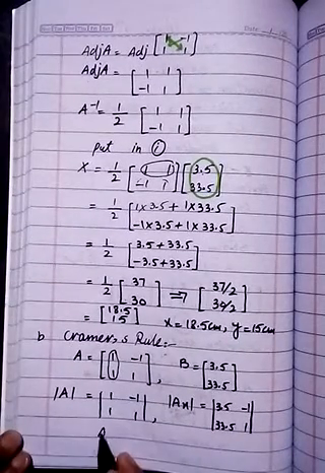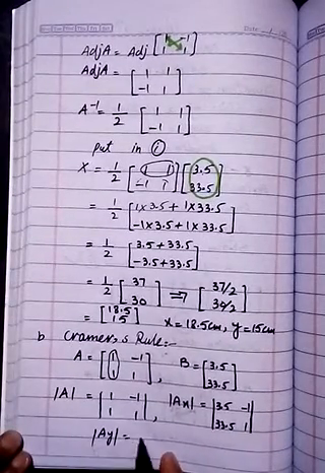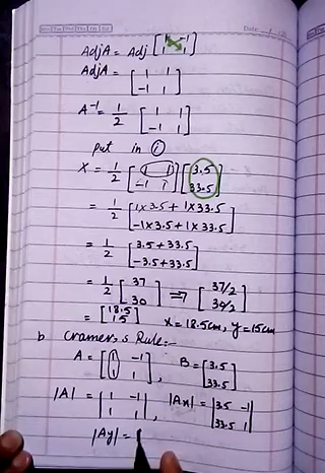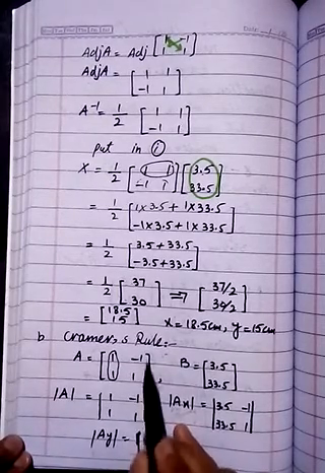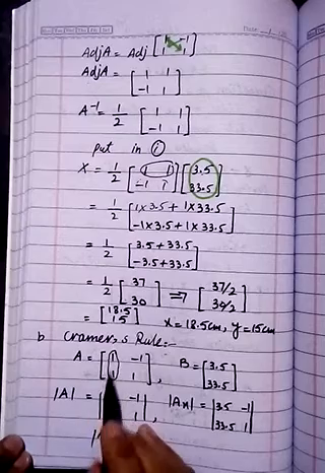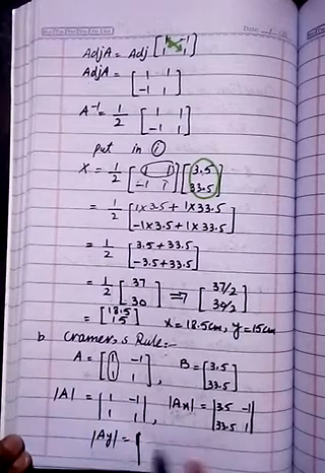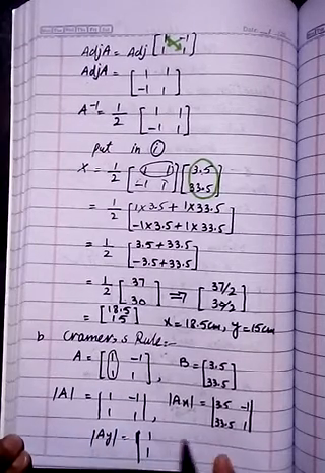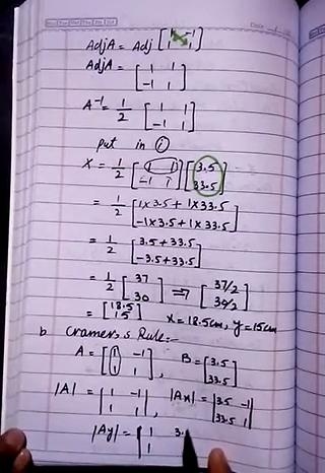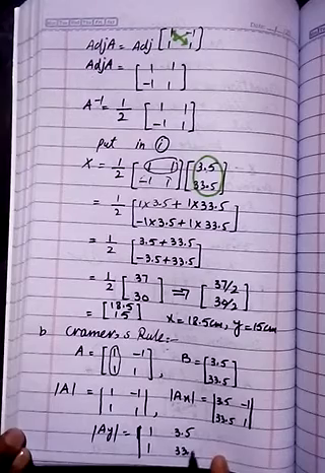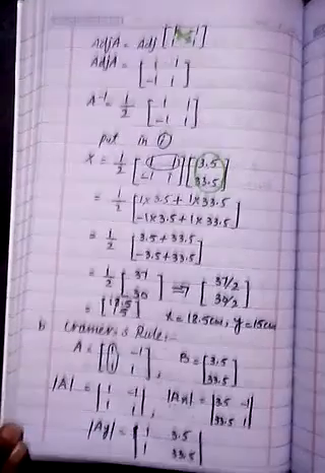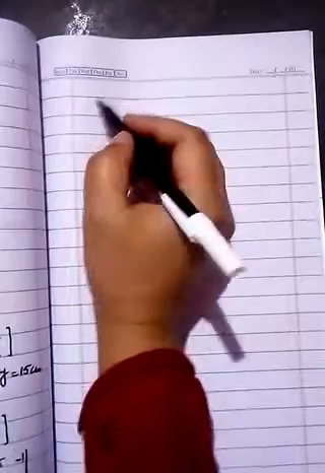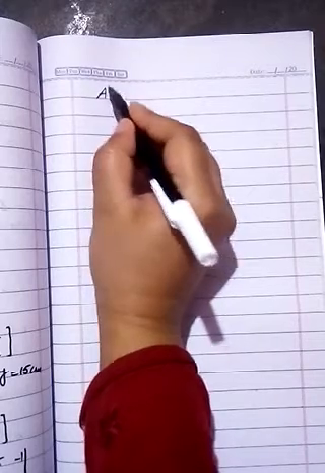Now you will write the determinant of Ay. It means the B matrix replaces the second column, the coefficients of y. That is the coefficient of x, that is the coefficient of y. So you write 1, 1 as it is and here 3.5 and 33.5. You have to write them in determinant form, so you have to find the determinant. So let's see, the determinant of A equals,